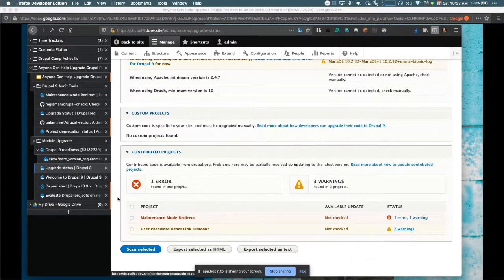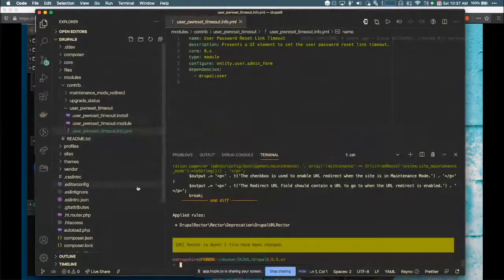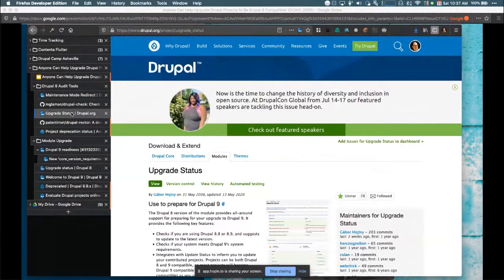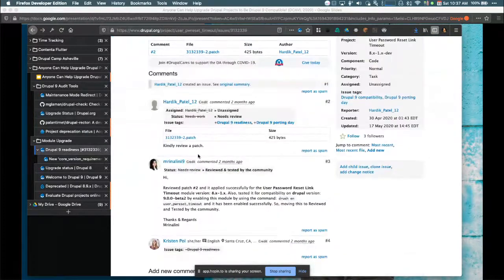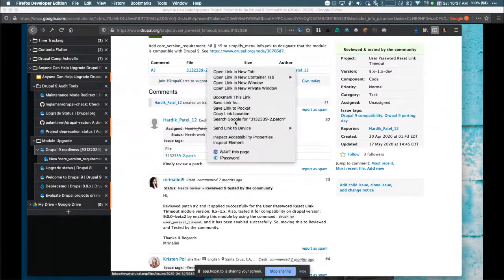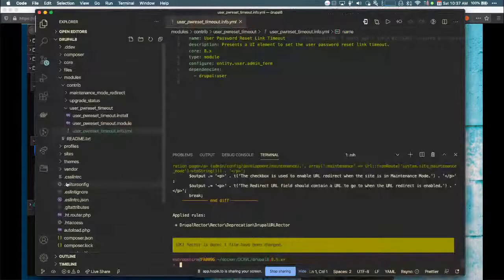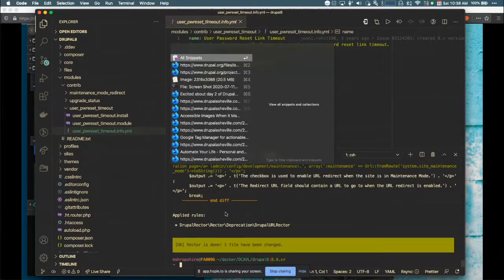Now let's go back to VS Code and let's apply the patch. So here's how I apply patches. It's a kind of a cool little trick. I'm going to right click and copy the link to the patch. I am going to go back to VS Code and I've got an Alfred script, which is just a little helper thing here.